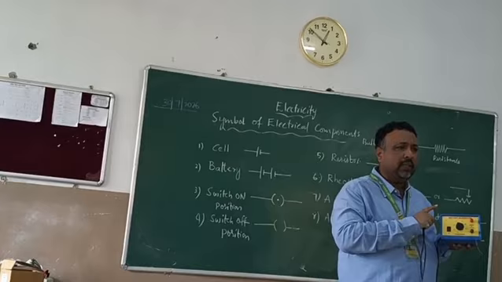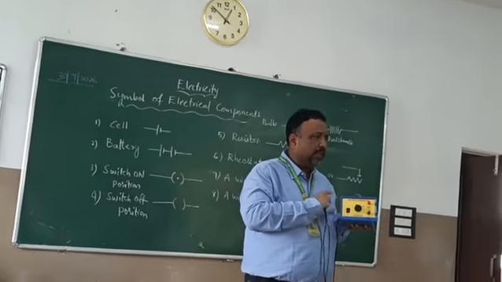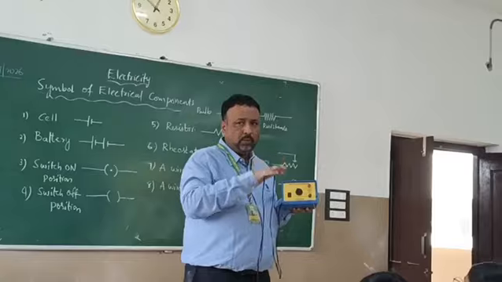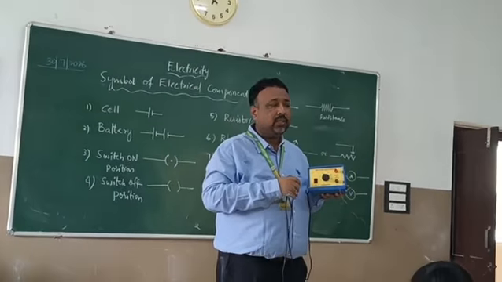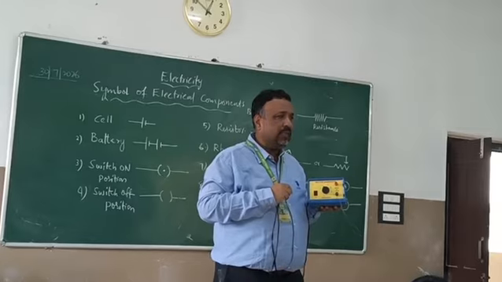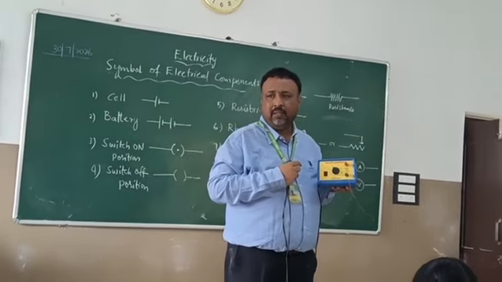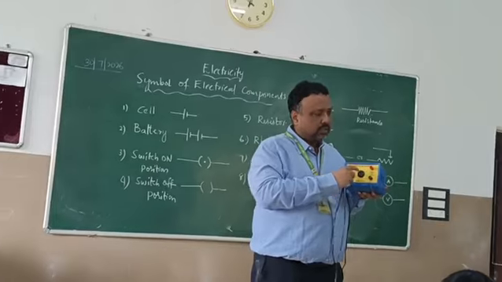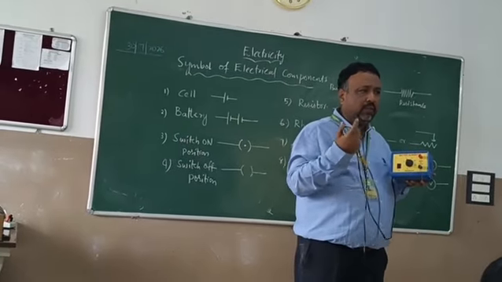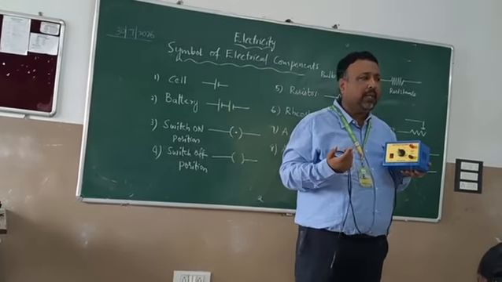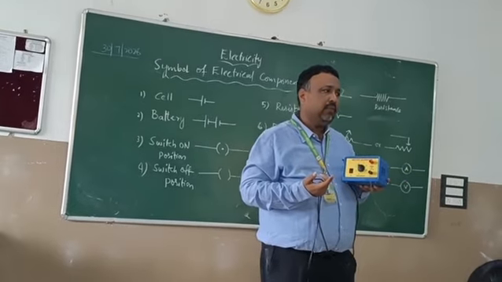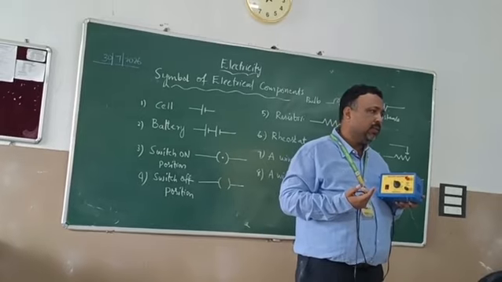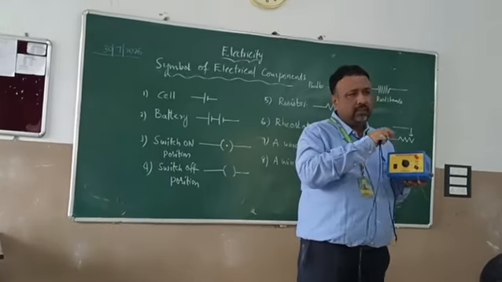But why do we use this? No one is asking, sir. Why do we use this battery eliminator? To decrease the voltage, because we get a large voltage of 220 from the main supply, so we cannot use 220. What do we have to use? 2 volts. The requirement is 2 volts. When 2 volts is required and you are supplying 220, is it correct or wrong? Wrong. So for that we have to decrease the voltage. To help with that we need a battery eliminator.